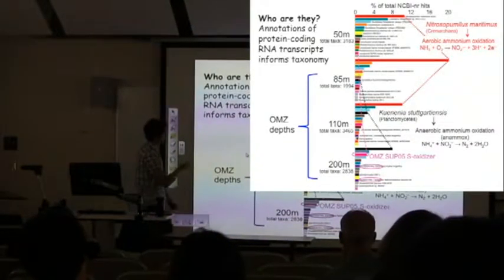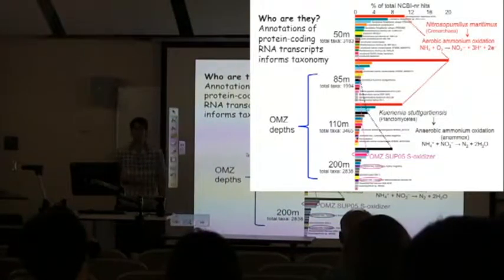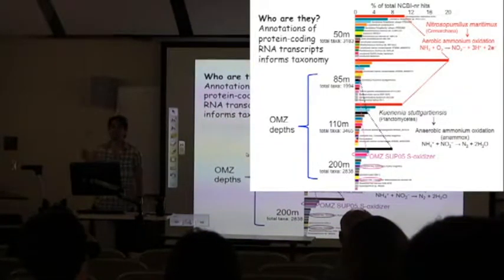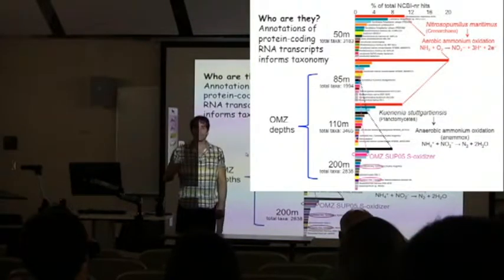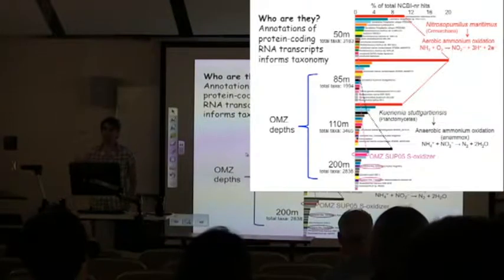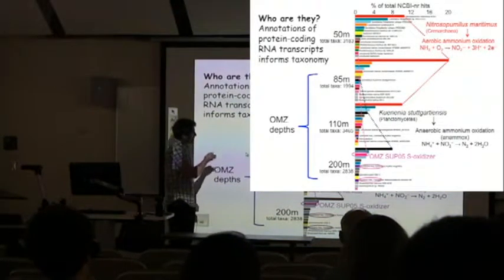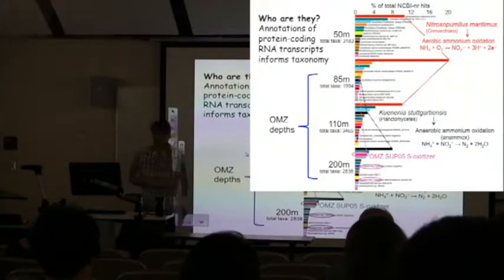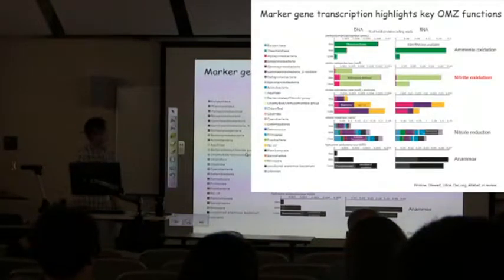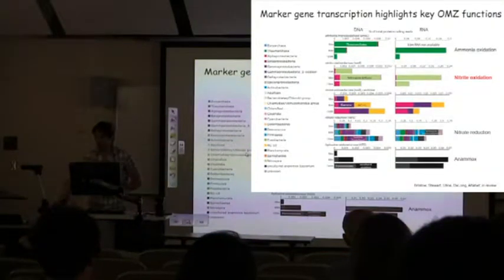You can also see some other interesting groups that come up into abundance, including these purple highlighted groups. These are bugs that oxidize hydrogen sulfide as an energy source using nitrate as a terminal electron acceptor, stripping the energy out of that process and using it to fix carbon. Right? So these are bugs I'll talk about in a second. Not so rare at the surface, but seem to have an important role at the center of the OMZ. So that's transcript data that's focusing on